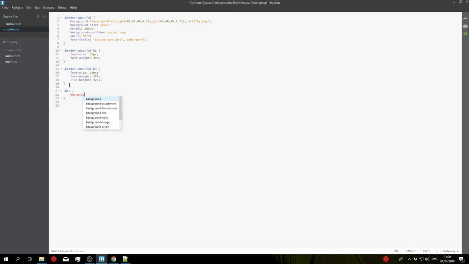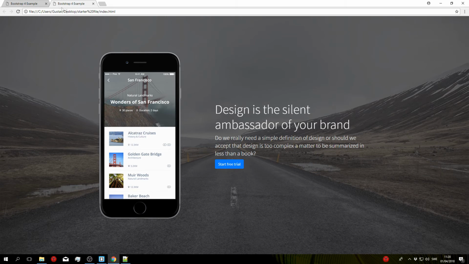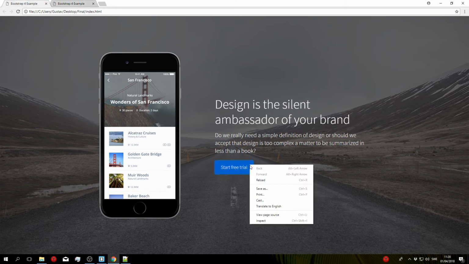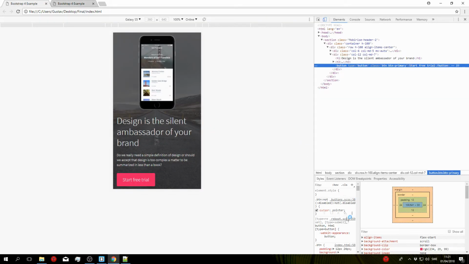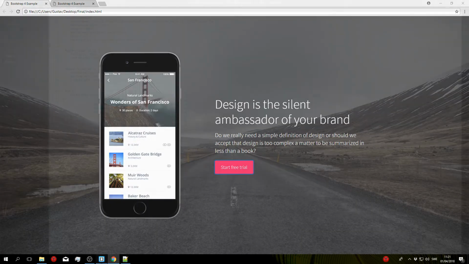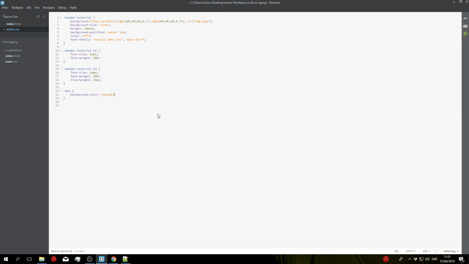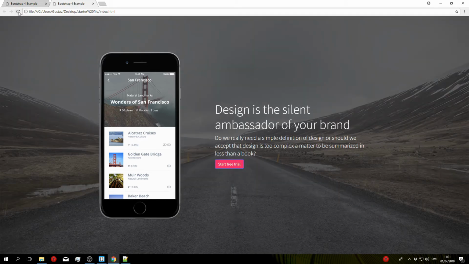So I'm gonna do background color, and I don't actually remember what color I used, so I'm just gonna go ahead and inspect this and copy it from here. Go ahead and close that and paste this in. So the background color is EA1D63. Go ahead and save that and refresh, and you can see that we have this blue border right here